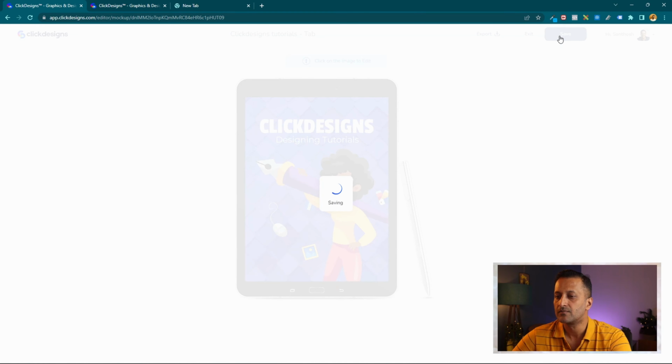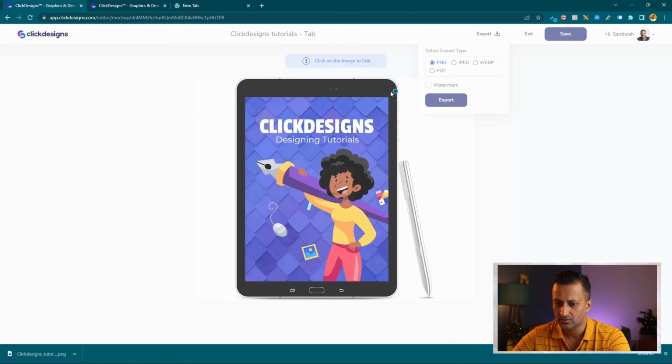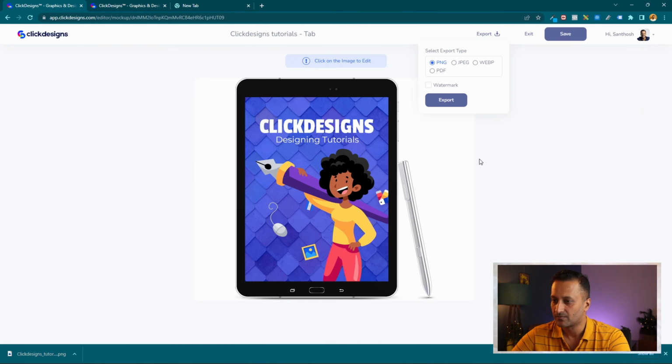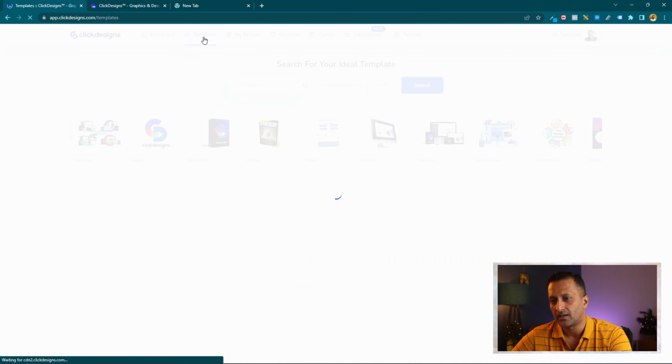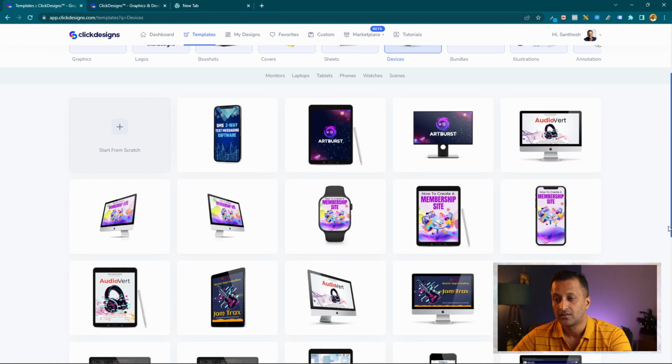Save this. Okay, now we are going to export. So click on export, PNG, export, and there. Done. Okay, so I'm going to close out of this. Okay, so that is done. Now I'll go back to templates, and we are going to go back to devices. Laptop is done, and tab is done, and now we are going to